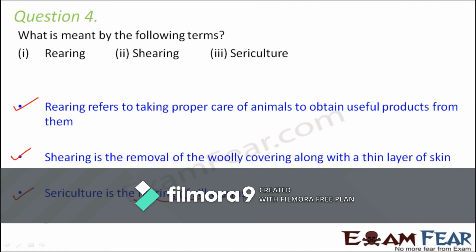Sericulture is the name given to the process of rearing of silkworms. So in sericulture, as I showed you some time back, we make proper arrangements so that the silk moth is able to produce eggs, and the silkworms get hatched from the eggs. So proper environment, proper temperature, moisture, hygiene, everything is maintained so that silkworms can be reared properly to obtain good quality silk.